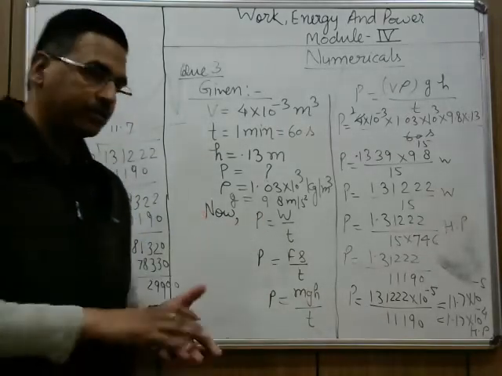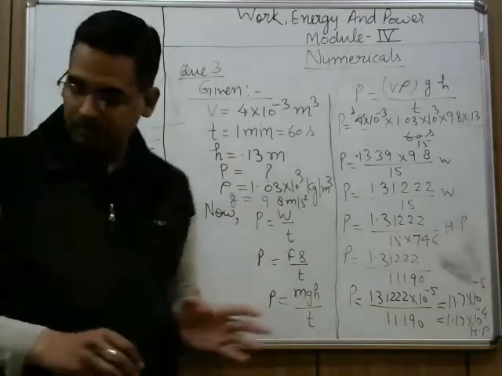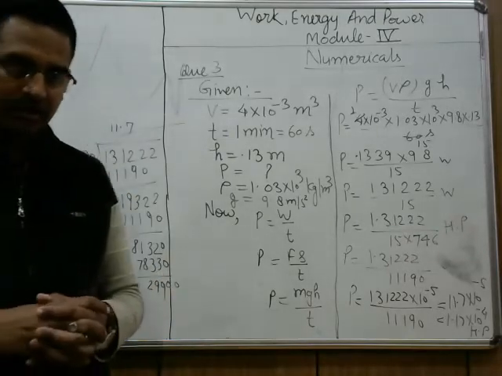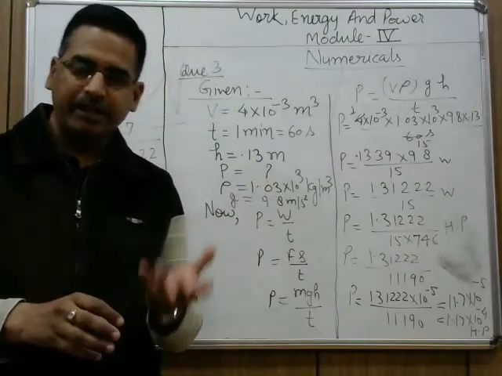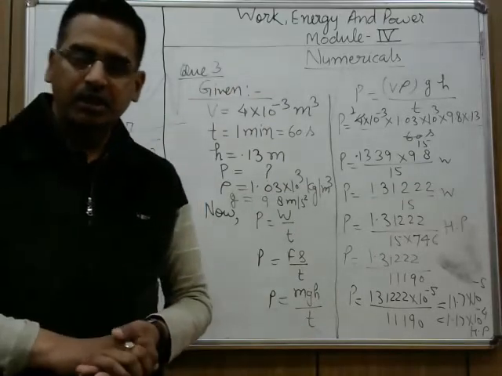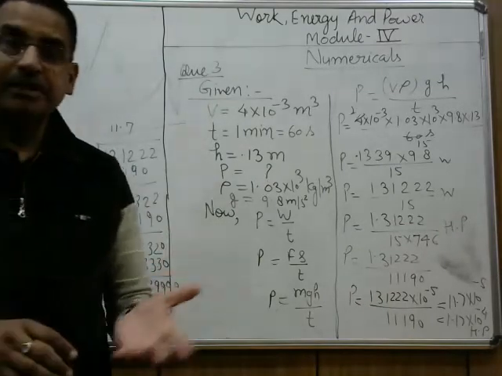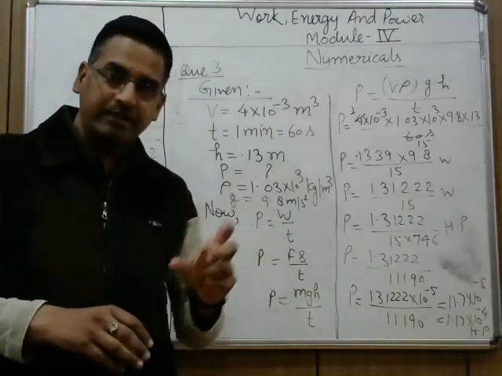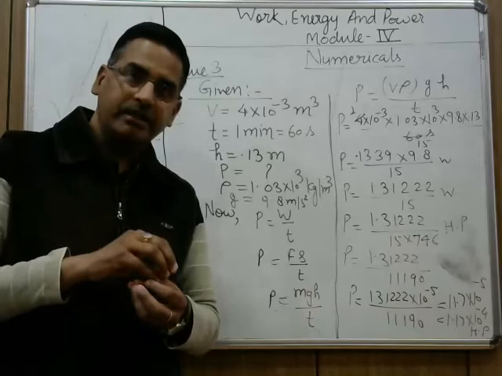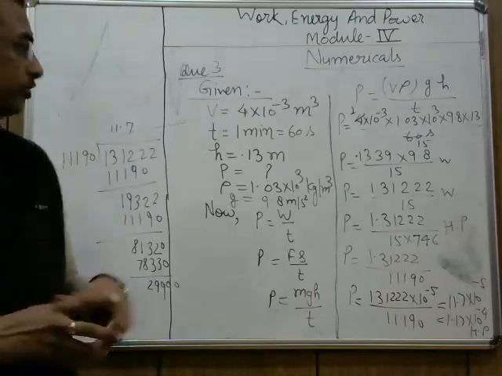The beauty of the question lies in the language and in the formula. The human heart forces 4 into 10 to the power minus 3 meter cube. Nothing has been said about the volume. By the dimensions only, by the unit only, you have to perceive that this is the volume, because meter cube is the unit of volume, of blood per minute through the arteries under a pressure of 0.13 meter. They are saying pressure, but 0.13 is the height. Means pressure is exerted which is equal to the 0.13 meter height of blood column. So this is the height.